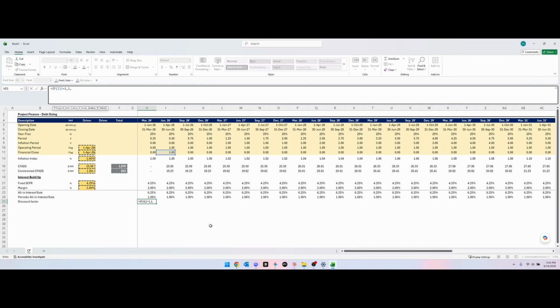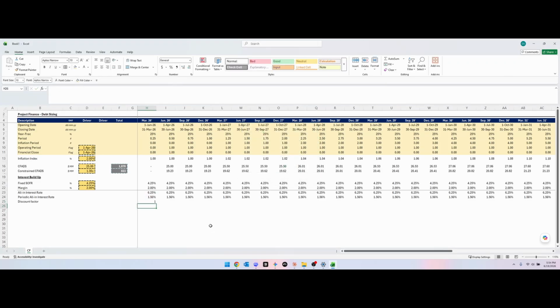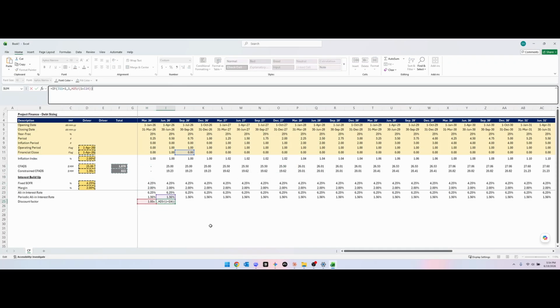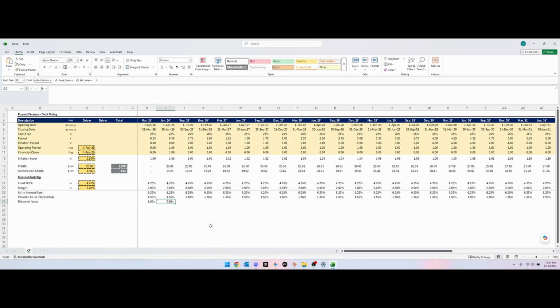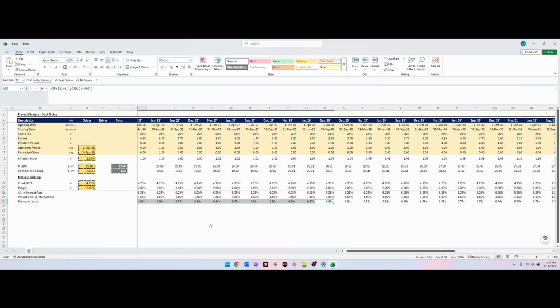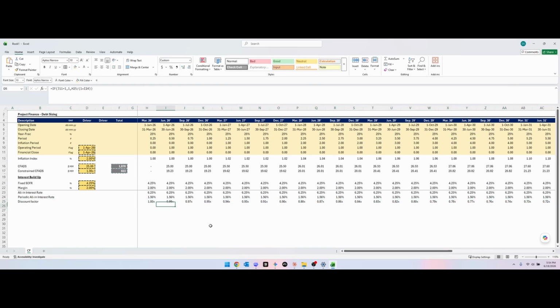Then 1. Otherwise, this period divided by 1 plus your interest factor. And what that's going to do is give us 1 in this period and 0.98. And you will see very quickly what we're trying to do here. So this creates a discount factor, basically goes and discounts the CFADs, or present values them, back to our time